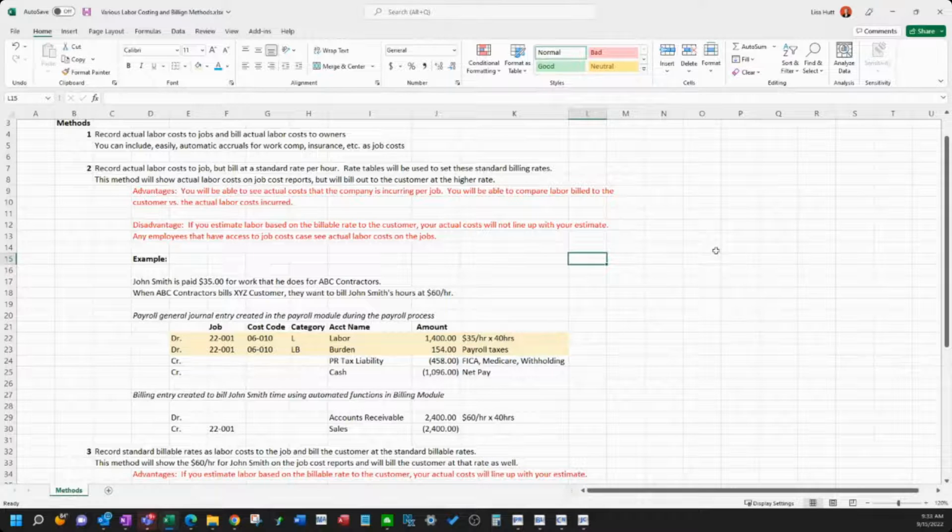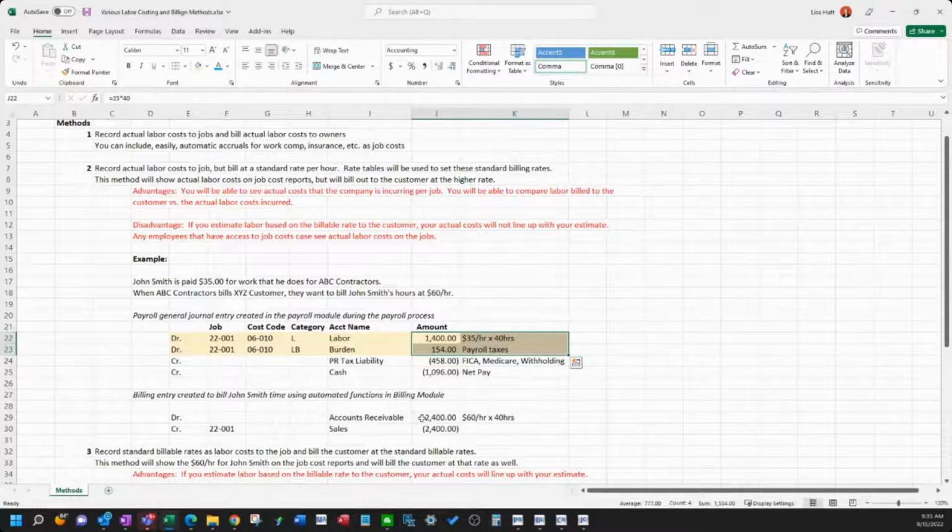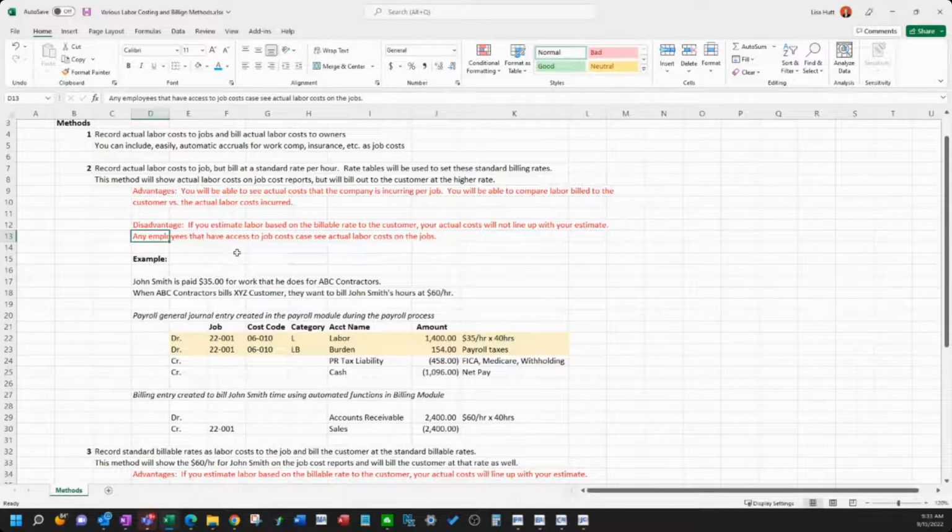Also, any employees that have access to the job cost module and job cost reports could see what this guy is getting paid. So if you employ this method, it hides this scenario. So those are the two big disadvantages, or disadvantages. I don't know how big they are. Some people share what their carpenters and project managers make, and it's not a big deal to them, but sometimes this confidentiality comes into play.